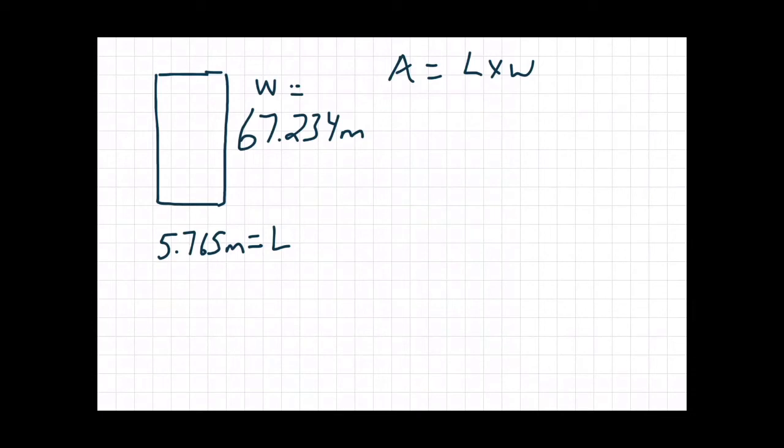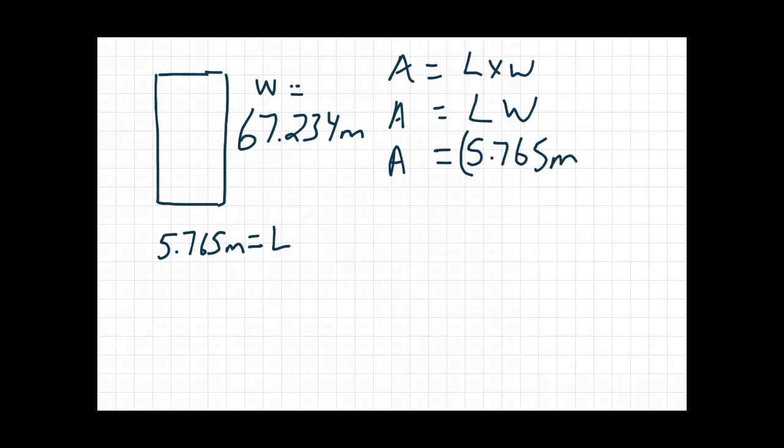and that's just to reiterate what I've just said. So our next step is to drag down the A and then to simplify the L times W into just LW. Next we can substitute our constants for our variables. So our constant for L is 5.765 meters. And our constant for our width is 67.234 meters. And then we can multiply by the invisible 1,